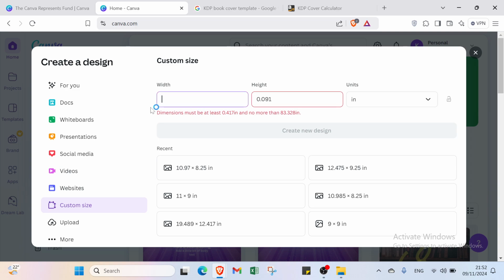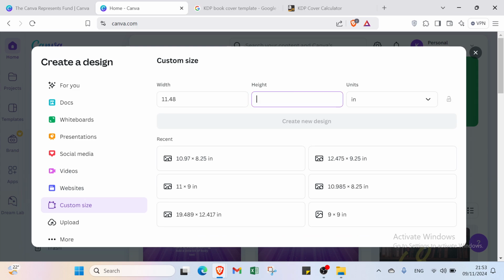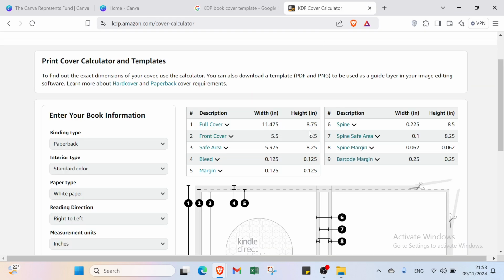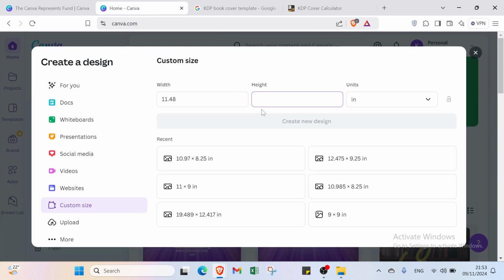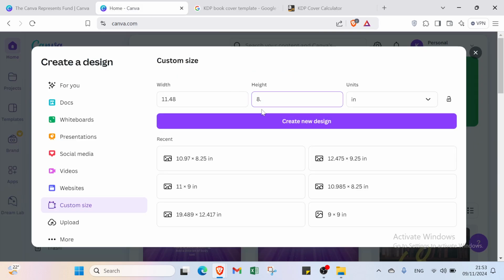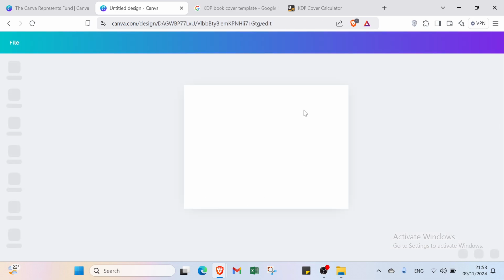So I will just write again dot 11.48. I will write 48. And about this one you will select 8.75, 8.75, and I will just create a new design as you can see, and you'll find this page how it